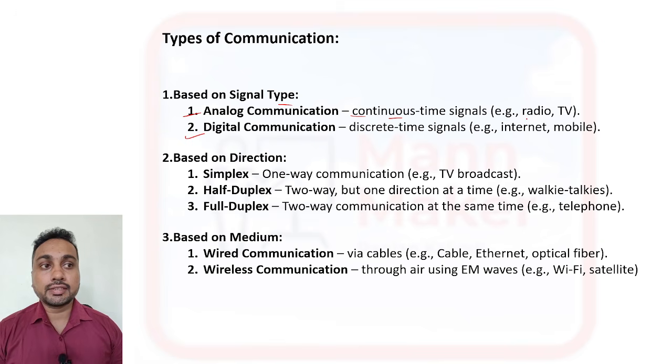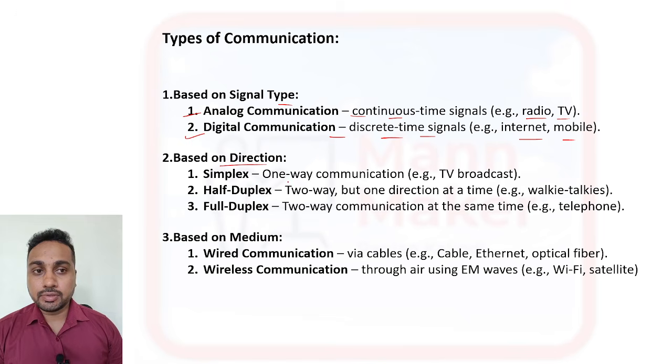And for example, radio and television are examples of analog communication. Now, digital communication deals with discrete time signals, like our internet and mobile communication. So these are examples of digital communication. Now,